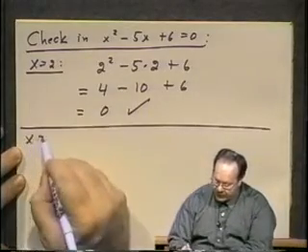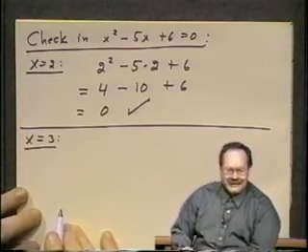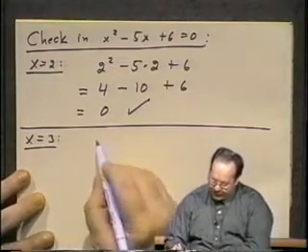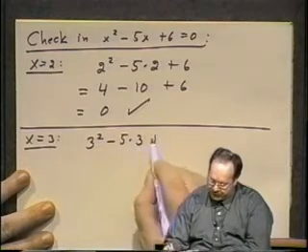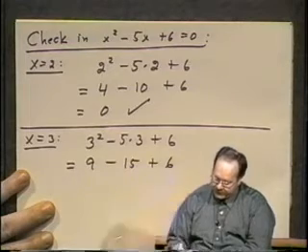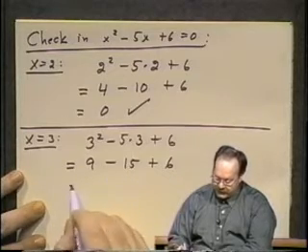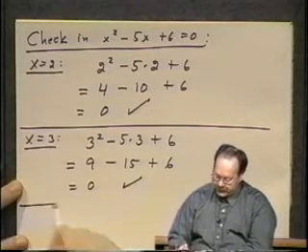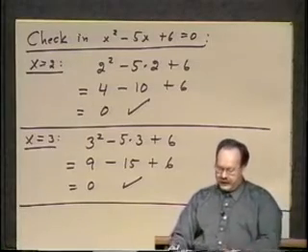And then we try the other solution, or I guess I should say at this point, candidate solution. x equals 3. Substituted in, we get 3 squared minus 5 times 3 plus 6 equals 9 minus 15 plus 6. The 9 and 6 add to 15. Minus 15 equals 0, so that also works. So we are happy both solutions actually do solve this particular